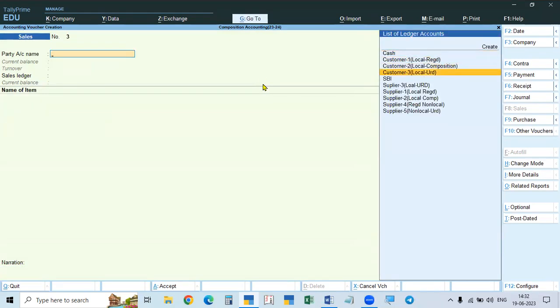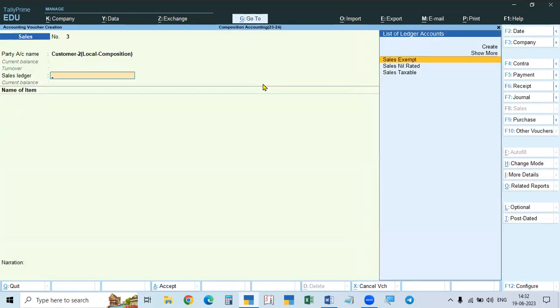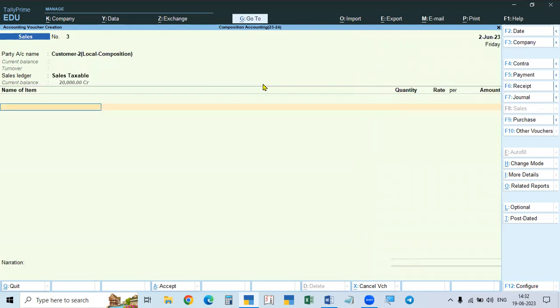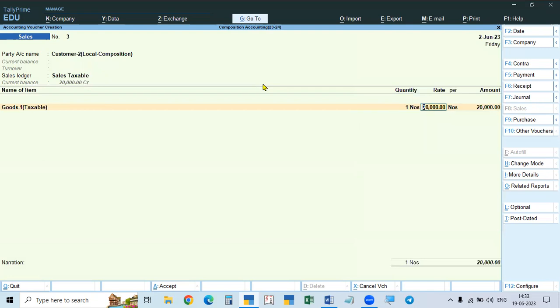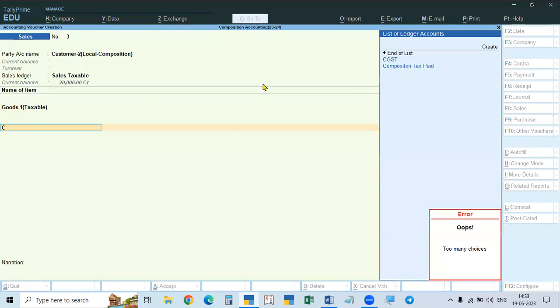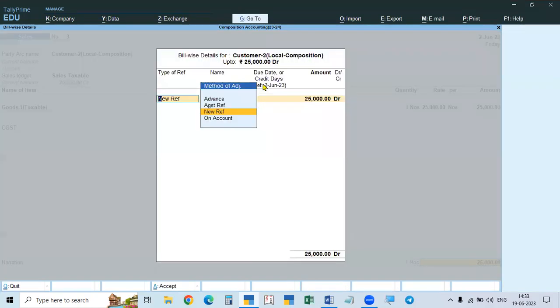Okay, and then we will take up another one. Again, a composition dealer. We are not bothered about the dealers. When I am selling to a composition dealer, suppose you are selling taxable goods, that is taxable sales, taxable goods, one item, 25,000 for example. So no tax can be calculated. Tax cannot be calculated if you sell to anybody, but the goods we have to classify and show differently,